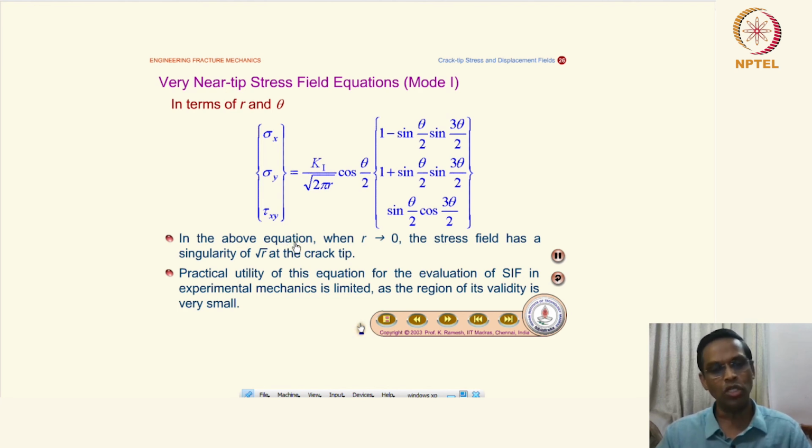Even for mode 2 and mode 3, the basic forms will not change. They will all be the same. All the basic forms, whatever we have seen, are not going to change. But I urge all of you to look at Professor K. Ramesh's course on NPTEL, and you can verify other quantities like the mode 1, mode 2 and mode 3 derivations. You can learn it from there if you are really interested in pursuing that.